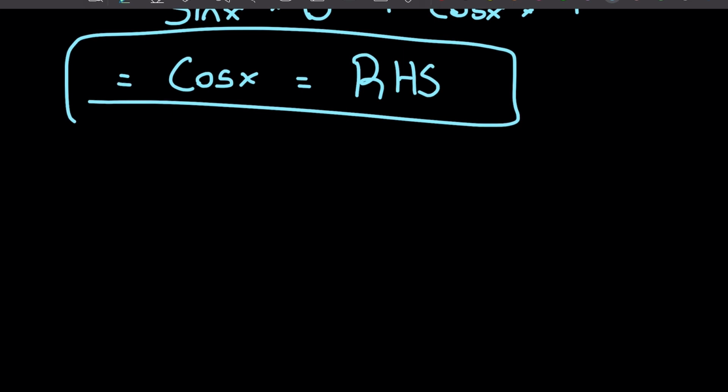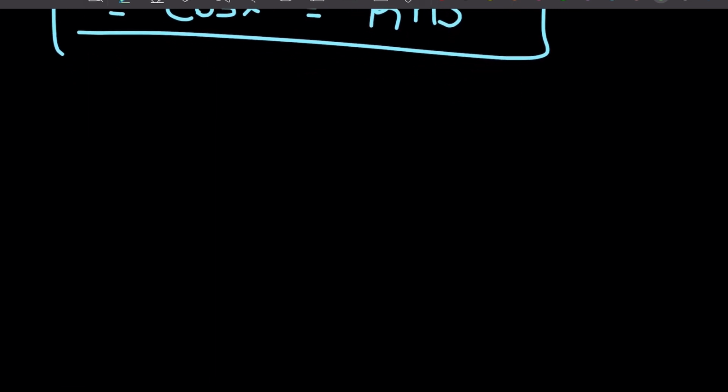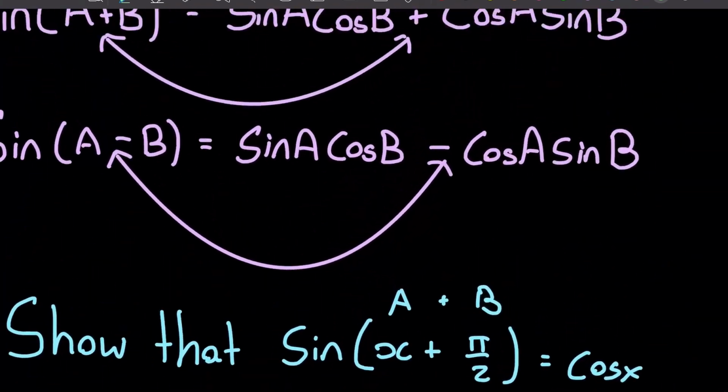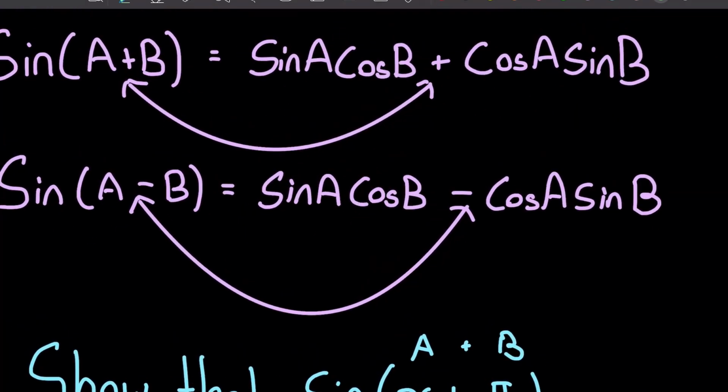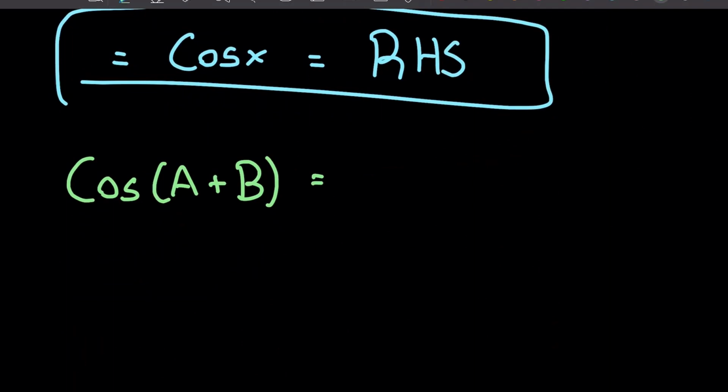Let's say it's not sine. What if it's cos? So if we have cos(A + B), what will this be equal to? Well, cos is a little bit different than sine. So for cos, we're going to change it up a bit. If you remember for sine, we have sine and cos being multiplied together. But in this one, cos is going to be multiplied by itself, and sine is going to be multiplied by itself. So in this case, we'll have cos A cos B,